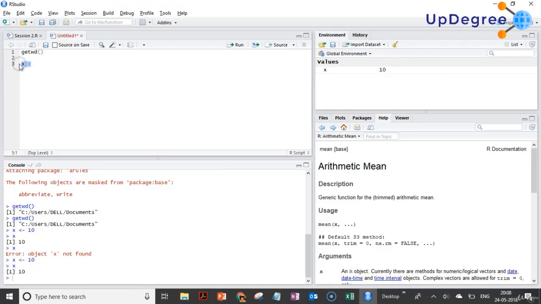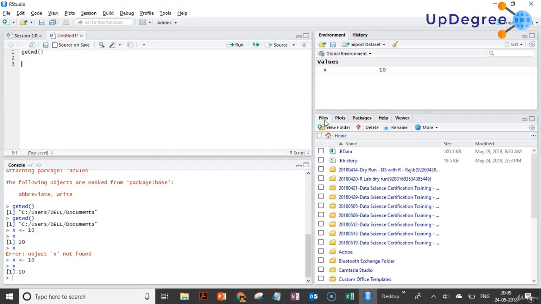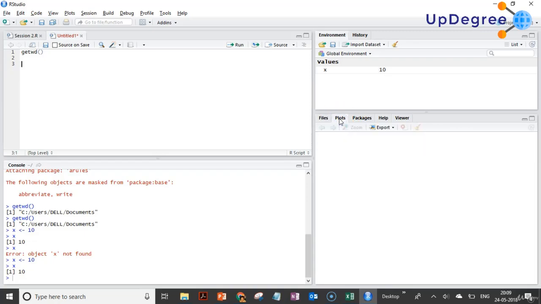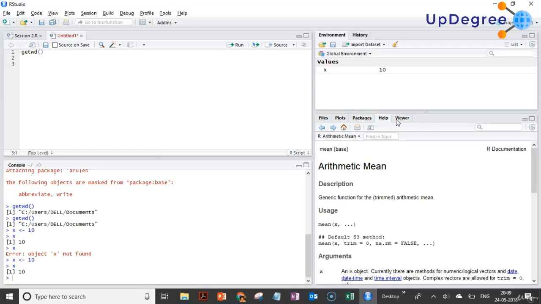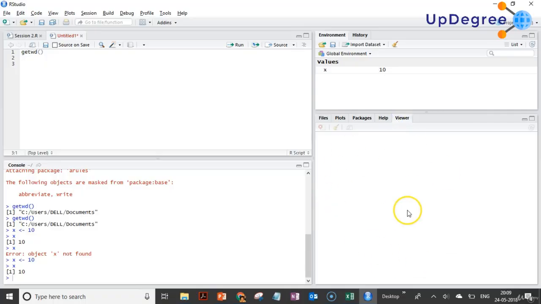And so this is your source panel, this is your console panel, this is your file or plot panel, where you can see different files, you can upload files. Then here you have plots. I haven't discussed plots; I will show you in our session 4 how to create a plot. Then we have the concept of packages and libraries, which I will discuss in a moment. Then you have help and viewer. So this is your file and plot